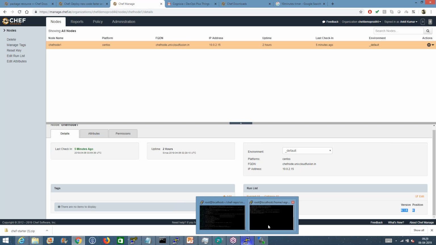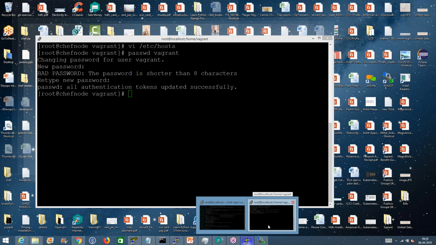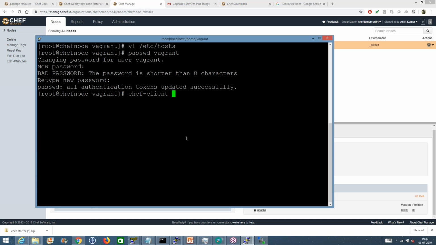Now once we run the chef client, it is going to make a call to the Chef server and download the cookbook and the recipes that need to be executed for that node, and it is going to execute and bring the node from the current state to the desired state. In our case, the desired state is that Apache should be installed, started, and enabled, and the source file should be copied onto that location. Okay, so if we run the chef client,